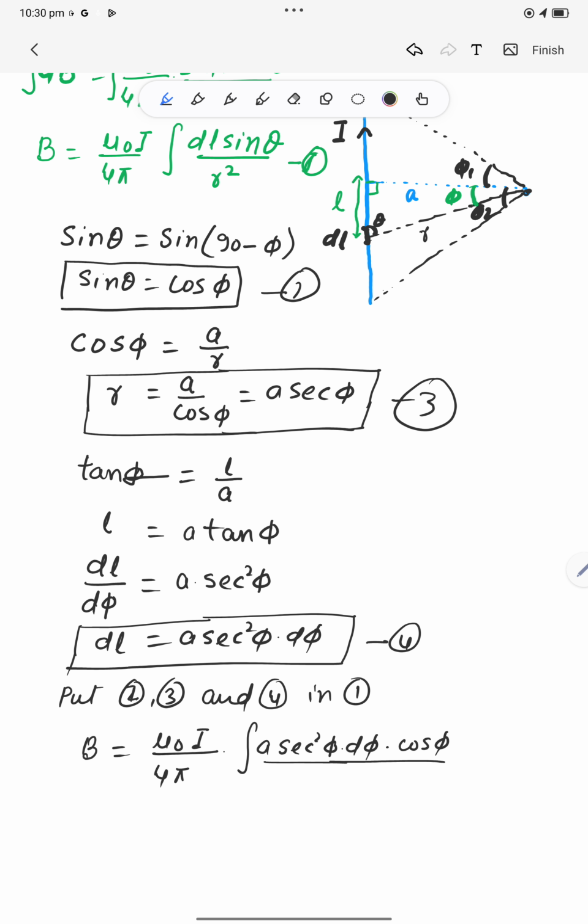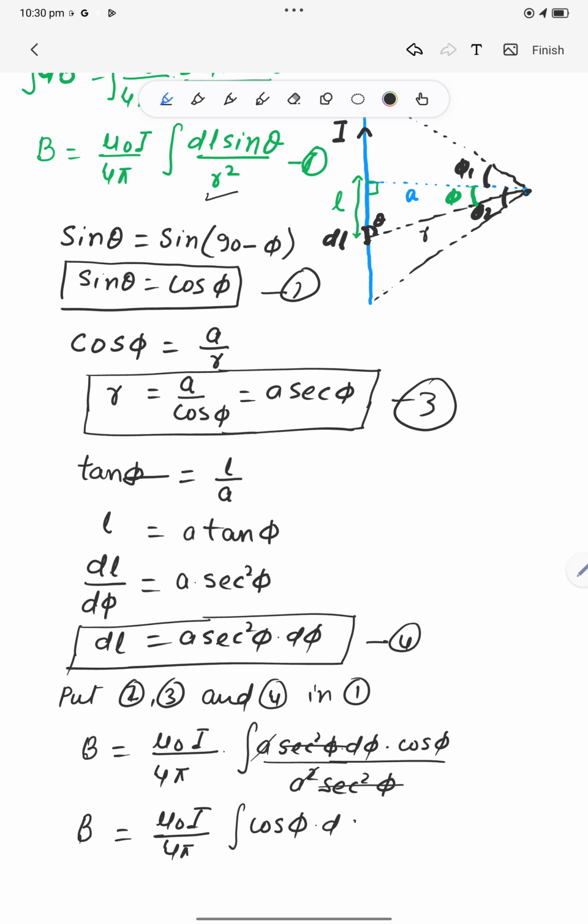In the place of r we will put a sec phi, and here is r square. So we will put a sec phi in the place of r, and we will get a square sec square phi. This sec square phi and sec square phi will cancel each other, and this a will cancel a square. Then we will get B is equal to mu naught I by 4 pi integration of